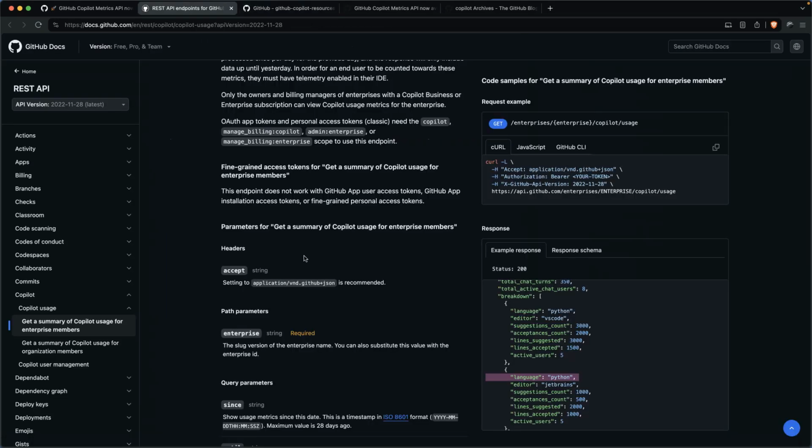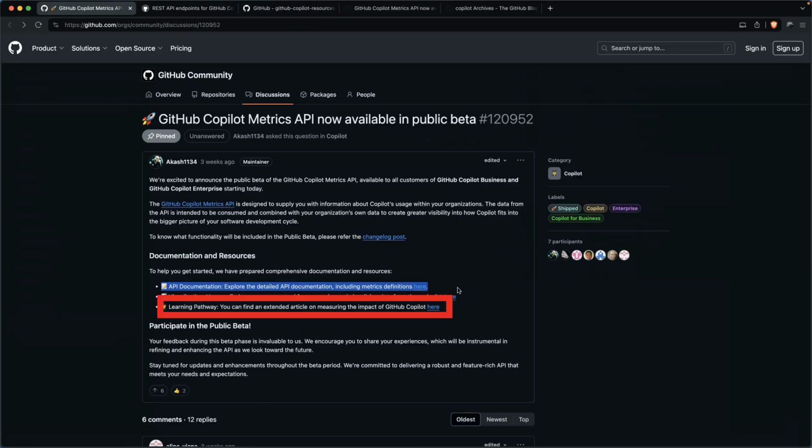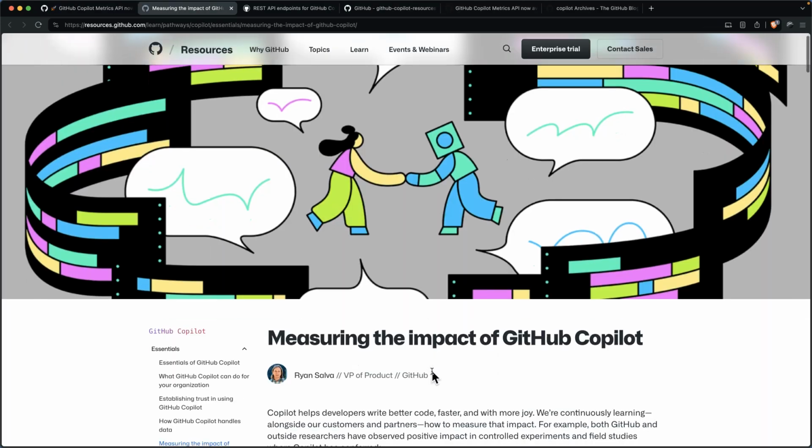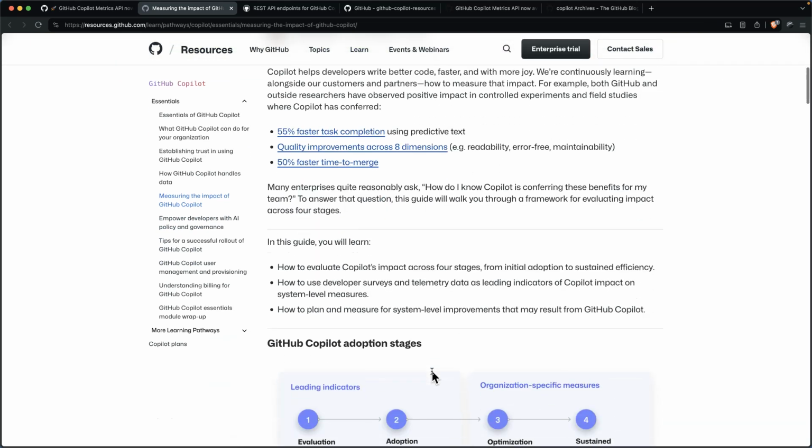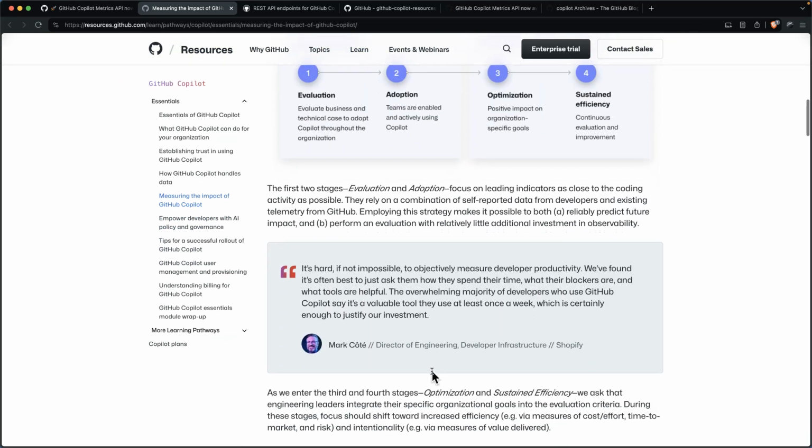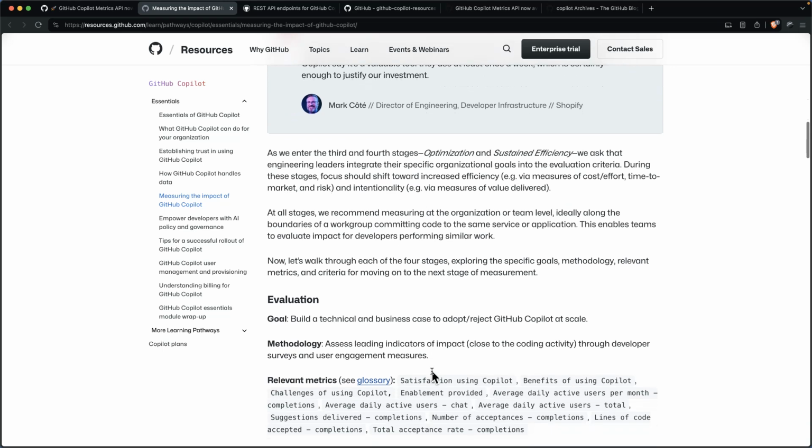And if I come back to the discussion, there's one more interesting resource, which is a learning pathway. So we have this big, long resource about measuring the impact of Copilot, supposedly. Again, using the metrics that exist right now, I don't really understand the relevance. Oh wait, we have some relevant metrics here. Satisfaction using Copilot. How exactly do you ascertain satisfaction from whether or not people clicked the yes button or the